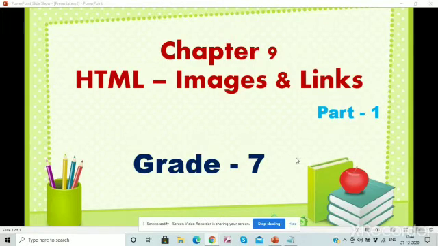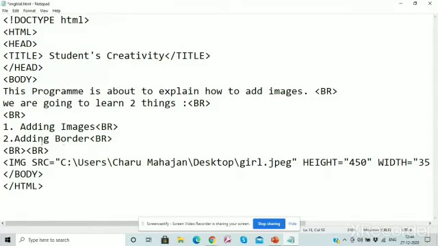Okay, now we will learn how to create a list in our web page. In the last example, I have already written 1, 2 here for the points. But if you want to declare a list in your page, you don't have to give it like this. You can create the list automatically by bullets and also by numbers.